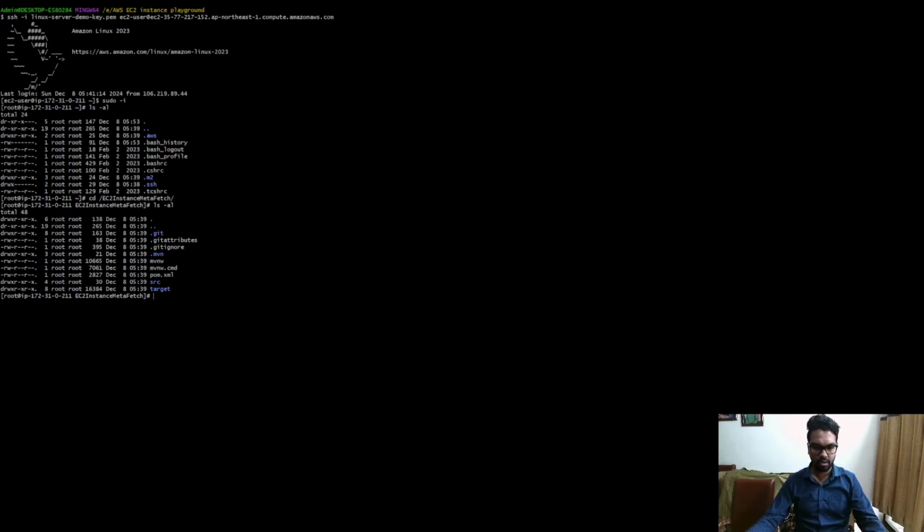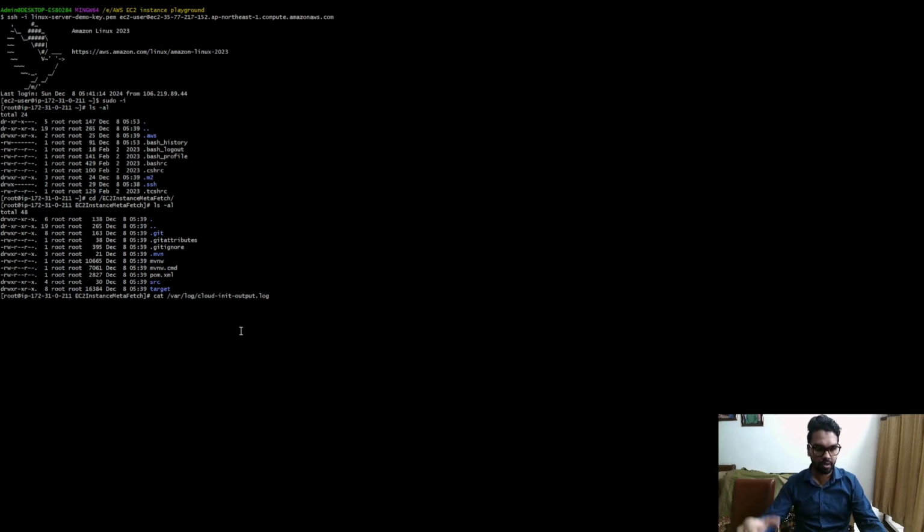Now to check our EC2 logs, meaning what all logs were created by our initialization script, our CloudWatch logs, we can use this command, which will show all the logs created by our initialization script and even while starting up the EC2 instance.